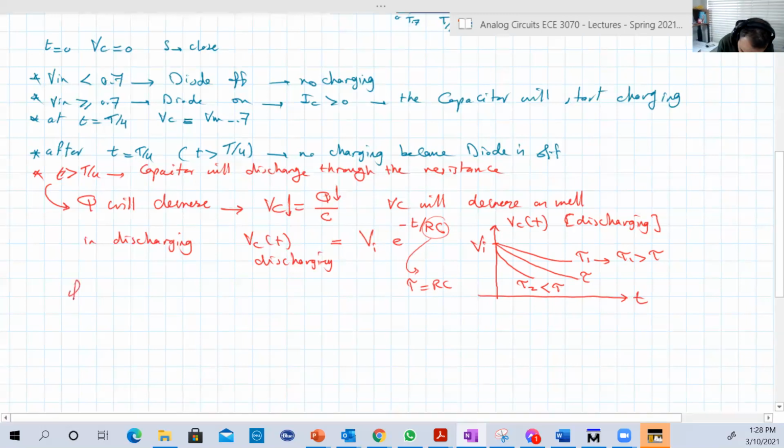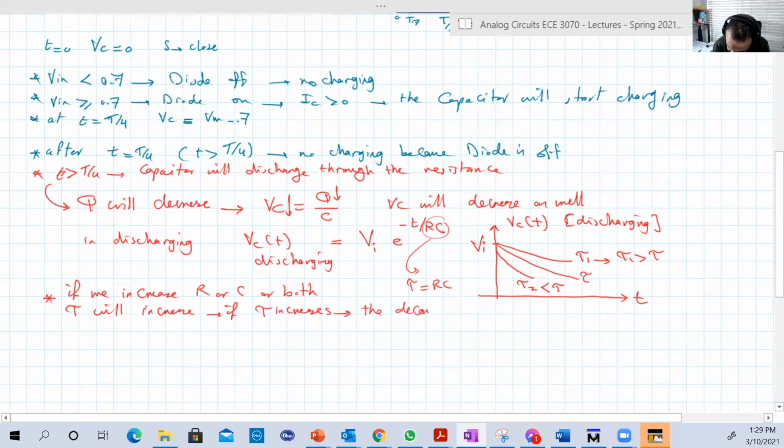So if we increase R or C or both, tau will increase. If tau increases, the decay slows down,